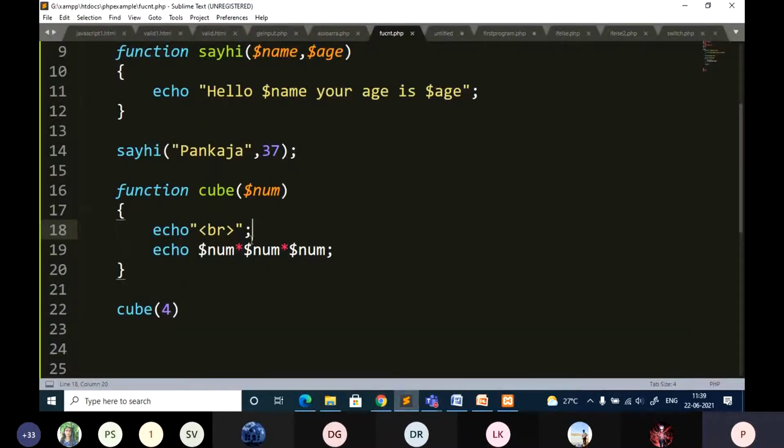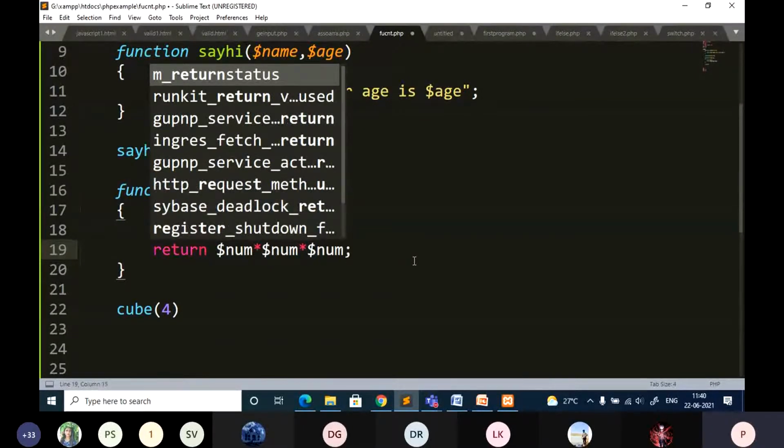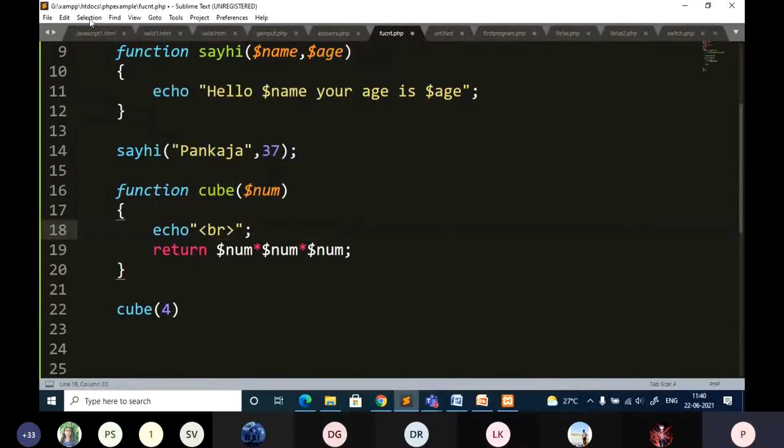That is how you can add the logic to this particular function. So now after calculation, it has to return to the function back. So return the value to the function, the return statement, how you can use in PHP. It's very similar to other languages, like C programs. So use return, and it will be able to return the value.